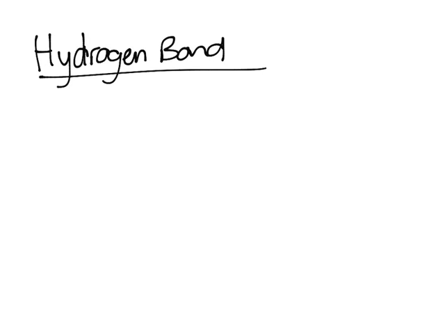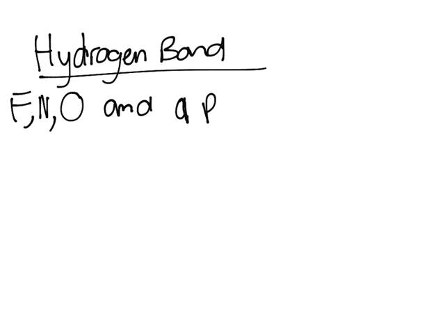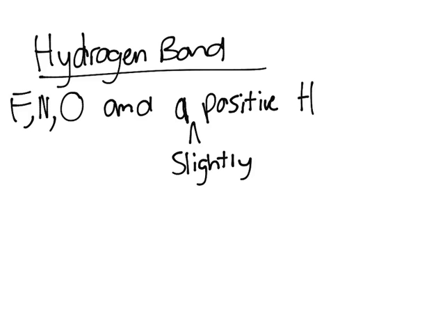A hydrogen bond is essentially an attraction between fluorine, nitrogen, or oxygen and a slightly positive hydrogen. And so what that means is if you have a water molecule,